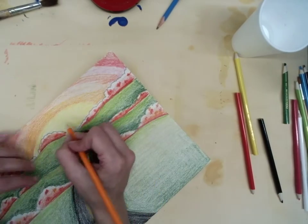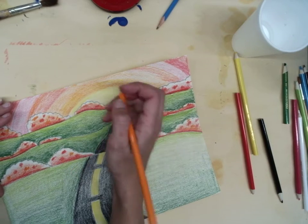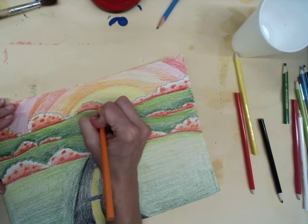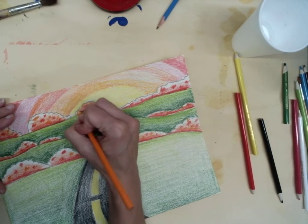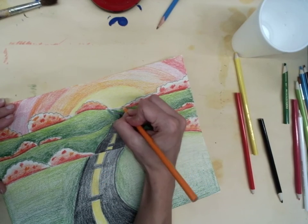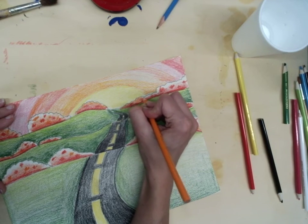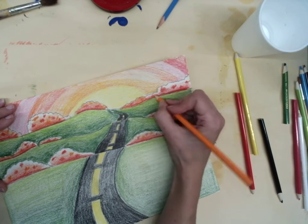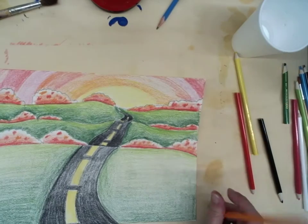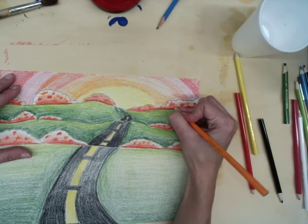This one, where this yellow spot is, where the yellow of your sun is, I'm putting the orange closer to the edge on this one. Only because what we're going to do next is yellow from the top down, and if I picked yellow it would be harder to see because we already have yellow right there. So just in this yellow spot I'm going all the way up, and then the rest of it I'm going about halfway, and then I'm going to put in some little random orange spots,